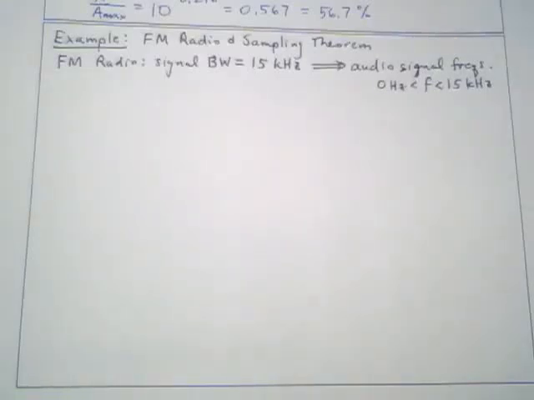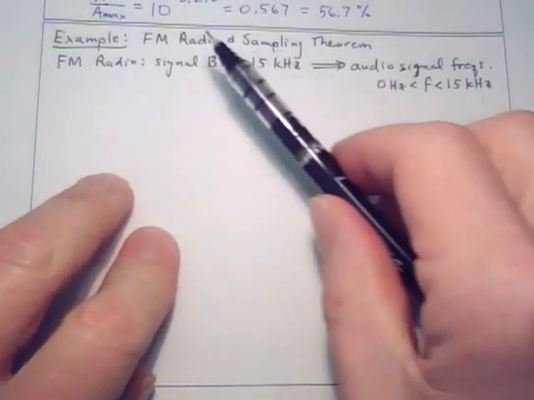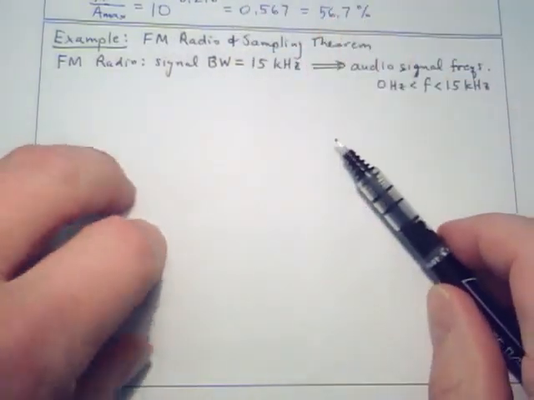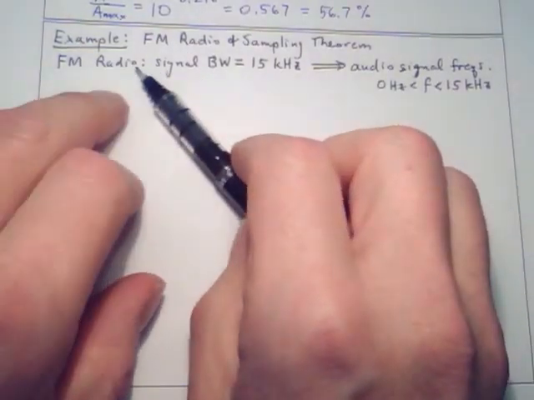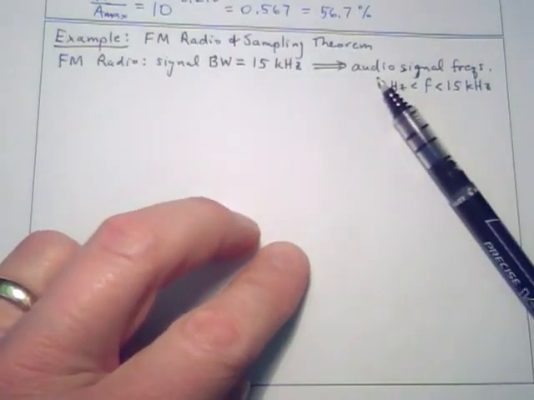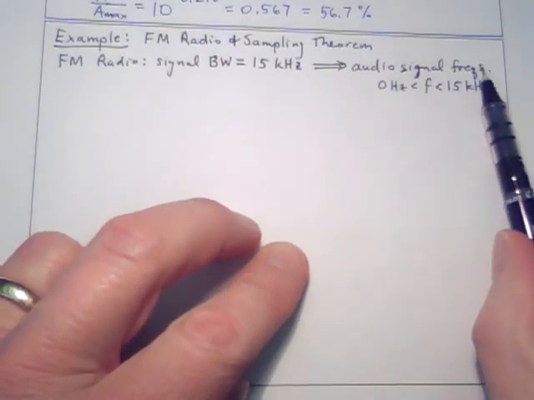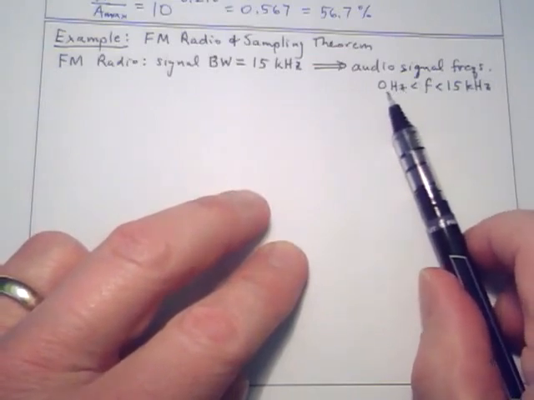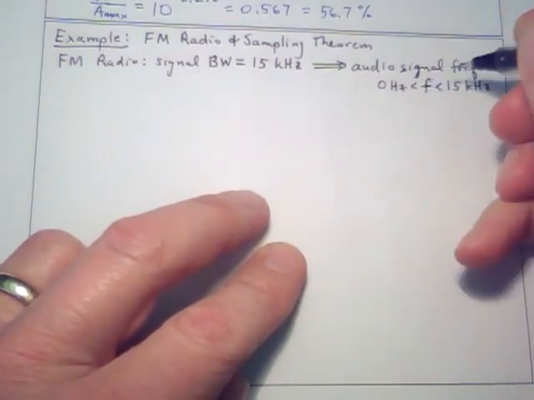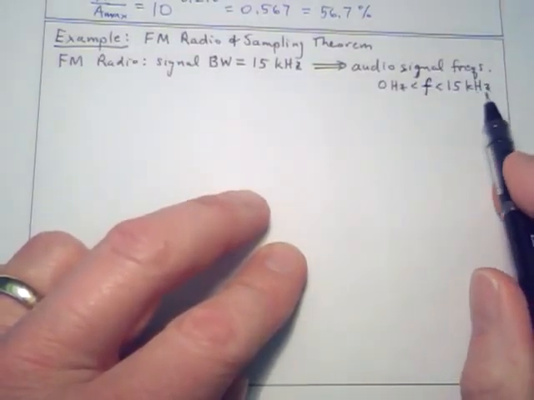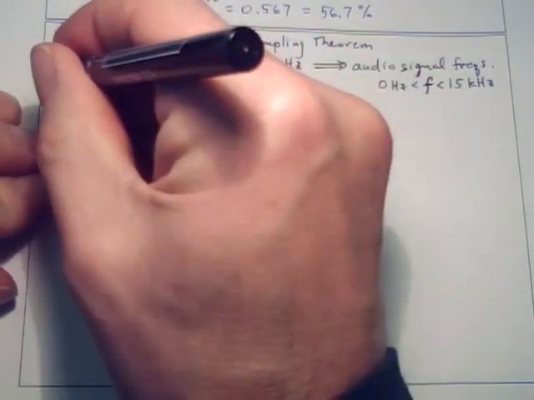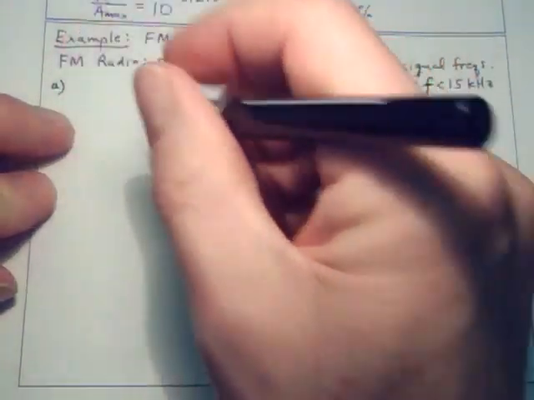Okay, in this video I'd like to do an example of FM radio and the sampling theorem. I'll start by saying that FM radio has a signal bandwidth of about 15 kilohertz, and therefore when we listen to the FM radio we have audio signal frequencies going from 0 to 15 kilohertz. Let's assume that that's our audio signal and that we're going to digitize it. The first question, for part A, is: